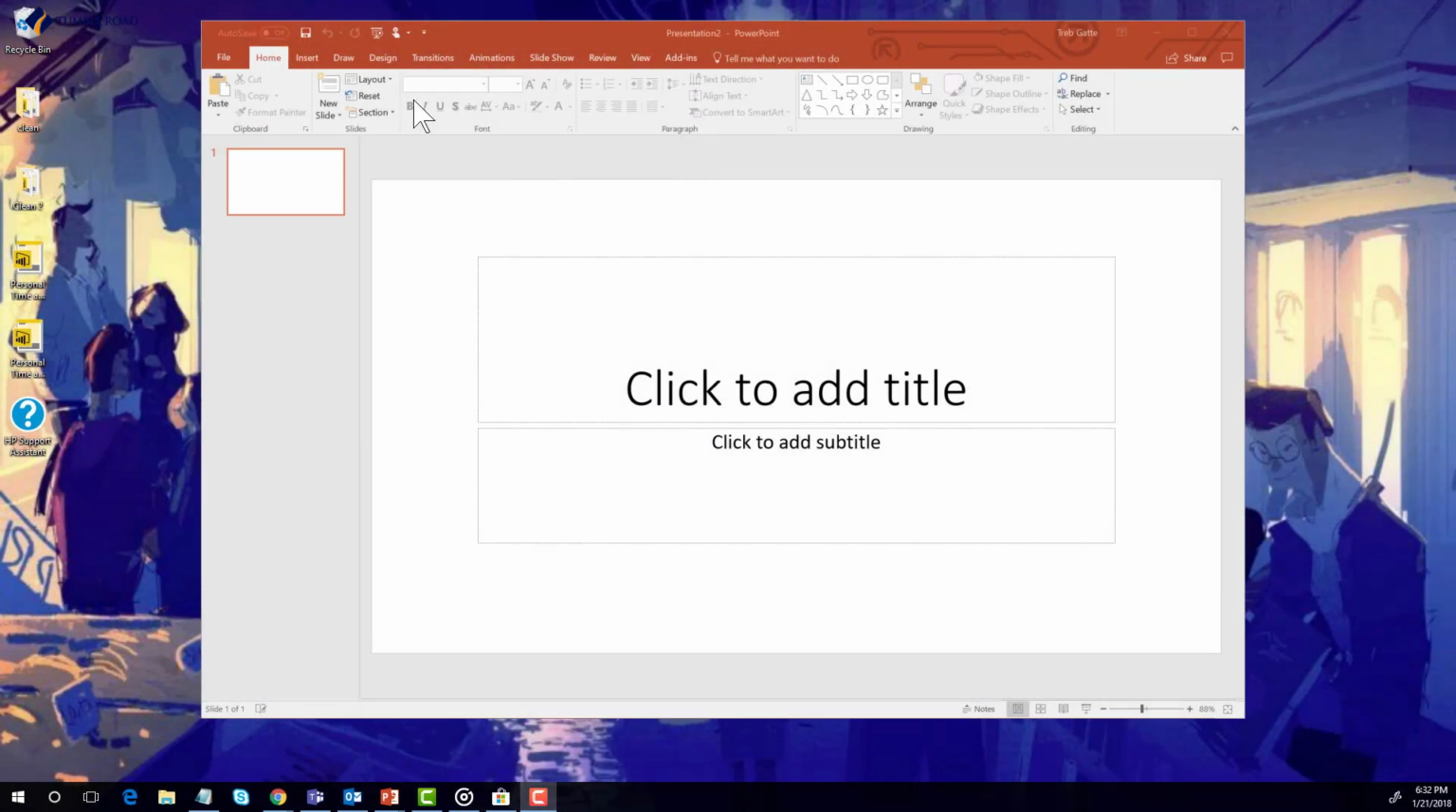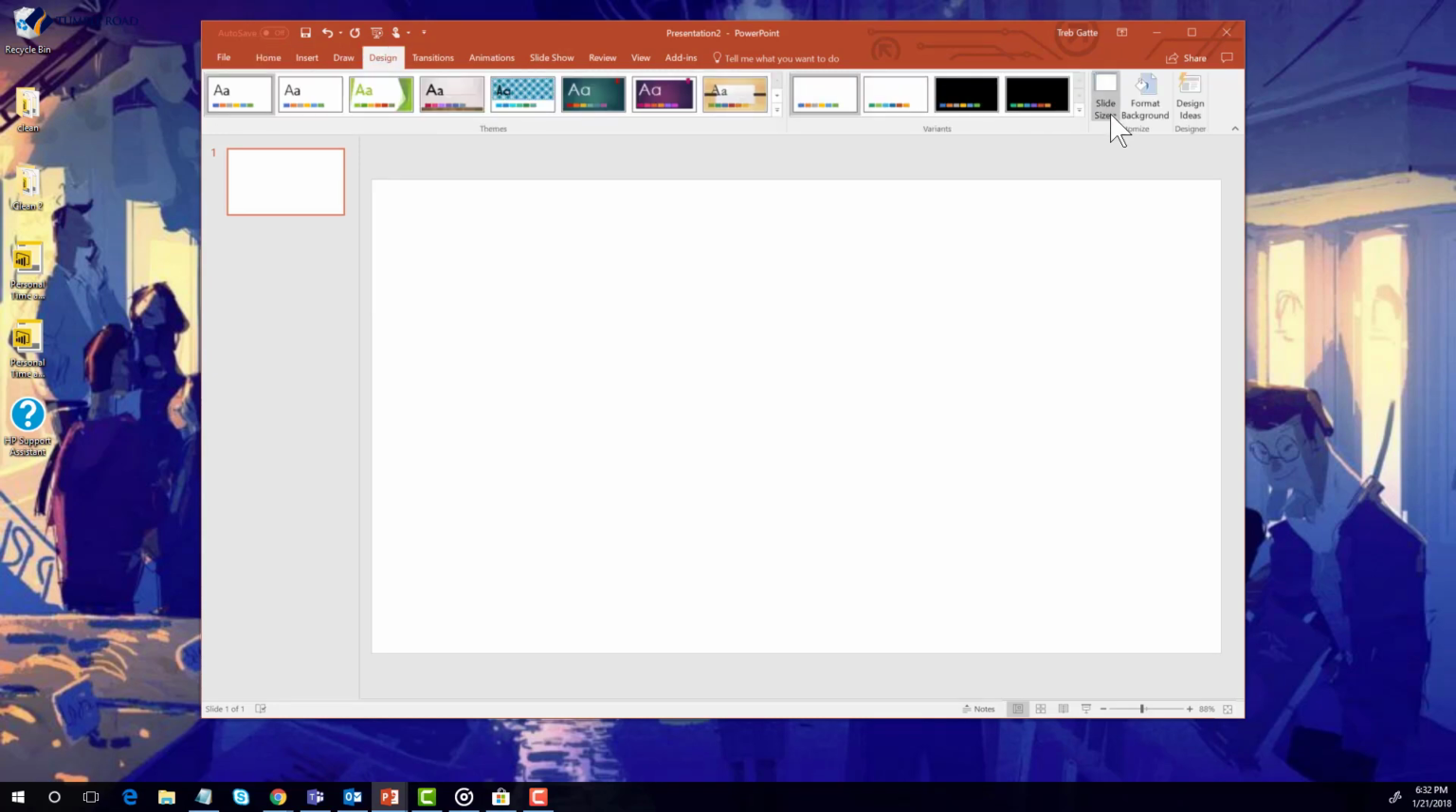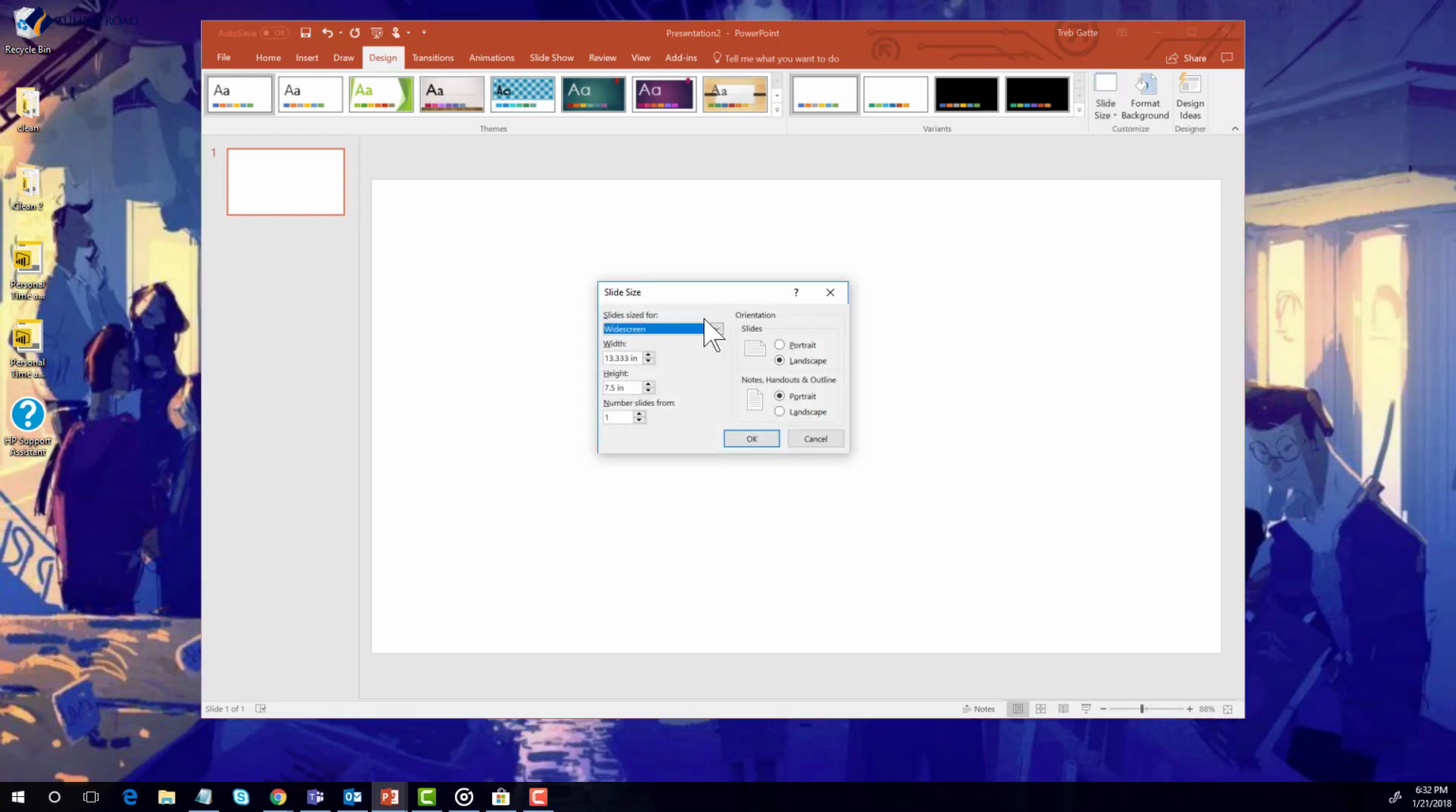So here we have PowerPoint open. First thing we're going to do is change the layout so that we don't have anything. We're just going to click blank. Then the second thing we're going to do is change the size of the slide to match that in Power BI. So we're going to go to the slide size here, and we're going to pick custom slide size,